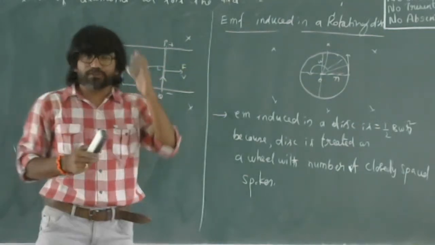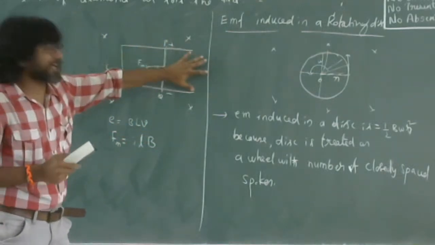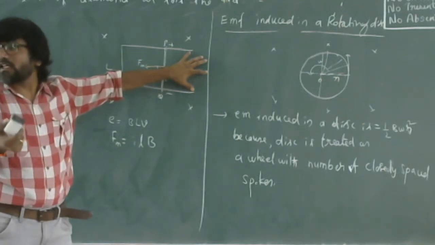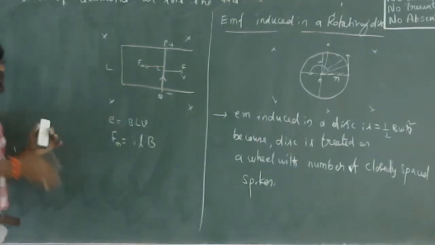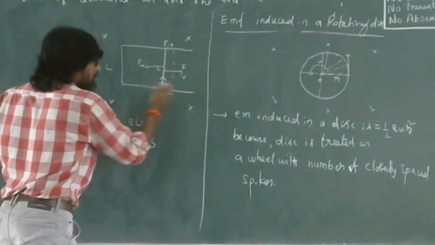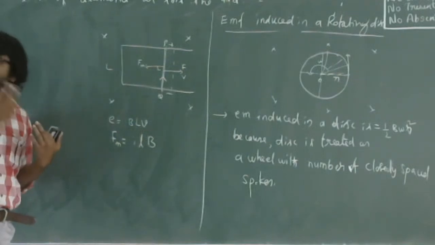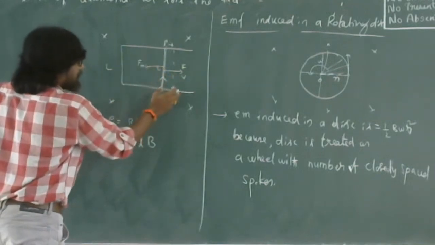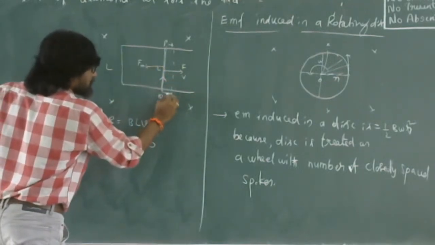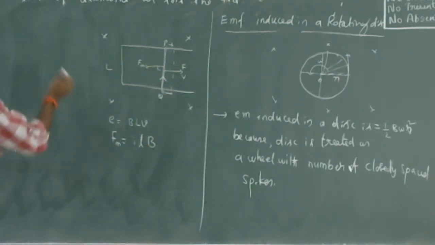In this process, if you consider the external force applied, what is the work done? Work done is nothing but force into displacement. Only if it is displacing every time does the area change, flux change, and hence EMF induced. Got it? So work done is this force into the distance moved. Work done per unit time